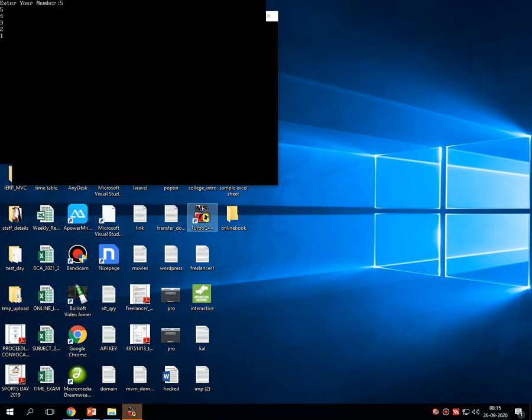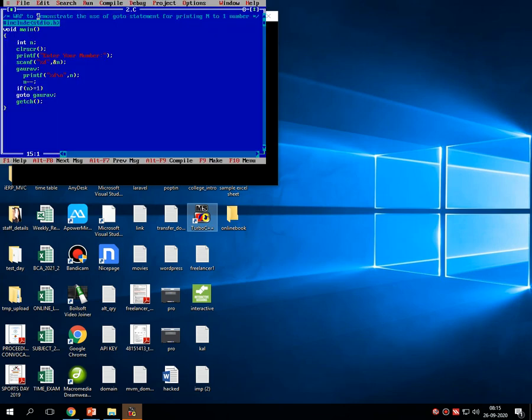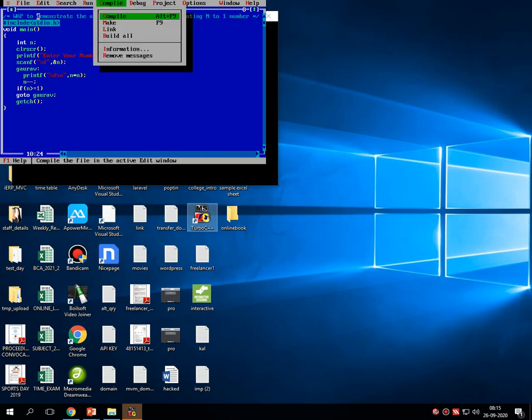But now what I want to do is print the square of all these numbers: 5 square, 4 square, 3 square, 2 square, 1 square, whatever the value of the squared number should be, onto the screen. For that, I have to do a single change in this entire program, and that change is to multiply the value of n with itself once more, which makes the square. Let me rerun the code,